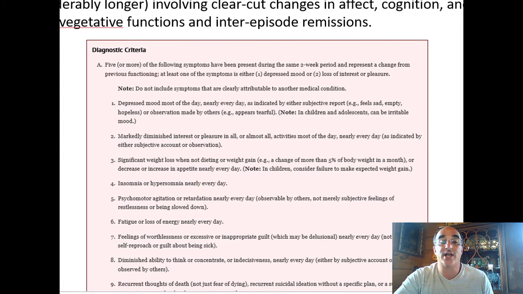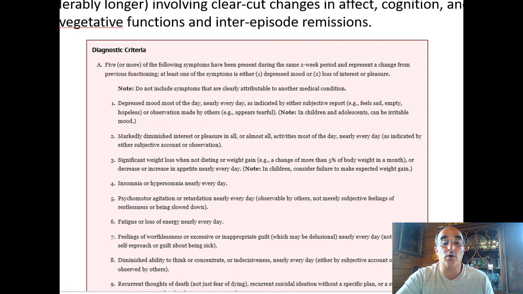So, for example, a change of more than 5% of one's body weight in a month, or a decrease or increase in appetite nearly every day. And in children, you must consider failure to make expected weight gain. In terms of sleep, we look to insomnia or hypersomnia nearly every day, so too much sleeping or not enough sleeping,